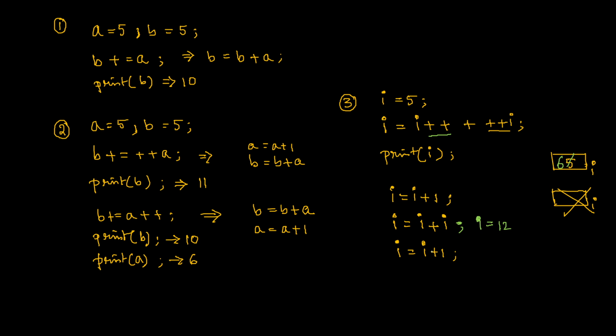So what is I? This I is also the same I. That means its value is right now not 6 even, it became 12. So after incrementing by 1 again, I becomes equal to 13. And what I? The same I. So it becomes 13. That means after printing I, this particular result will print 13.